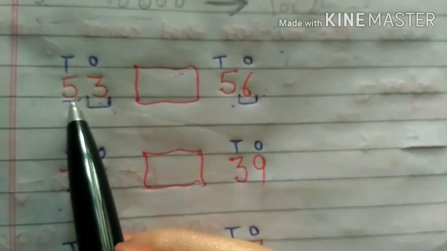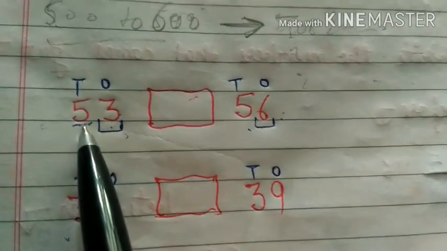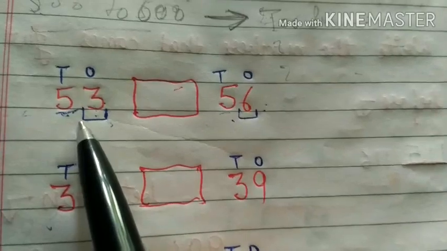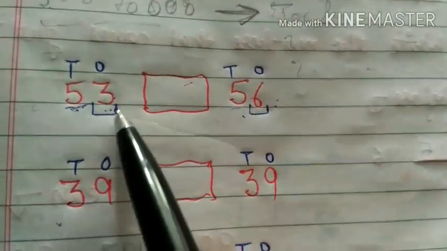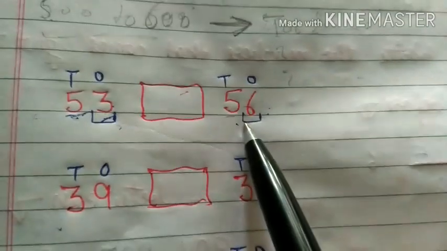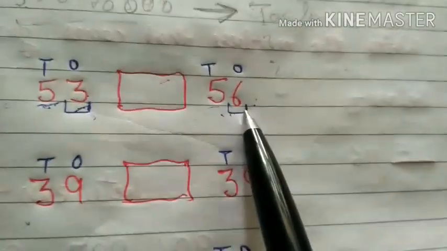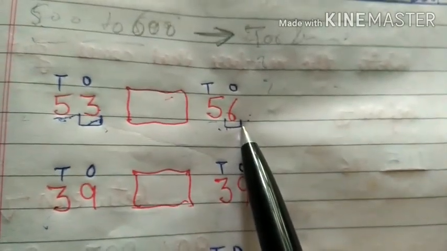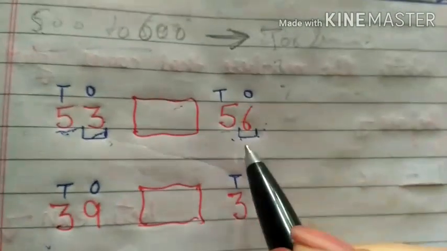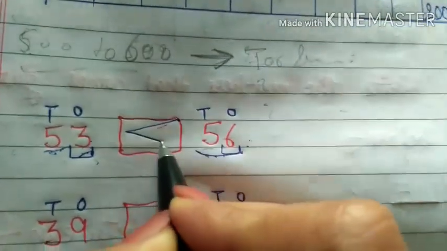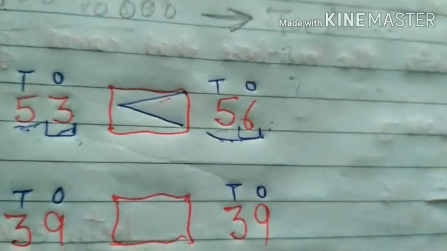Now we have these numbers. Here at the tens place we have 5 and 5. The numbers are the same. Now we jump to the ones place. Here I have 3 and here I have 6. Now we will find out which one is the bigger number here. 3 or 6? Yes, you are right. 6 is the bigger number. Okay, that means 56 is bigger than 53. So always remember, like Ellie's mouth, the open end of the sign goes to the bigger number.